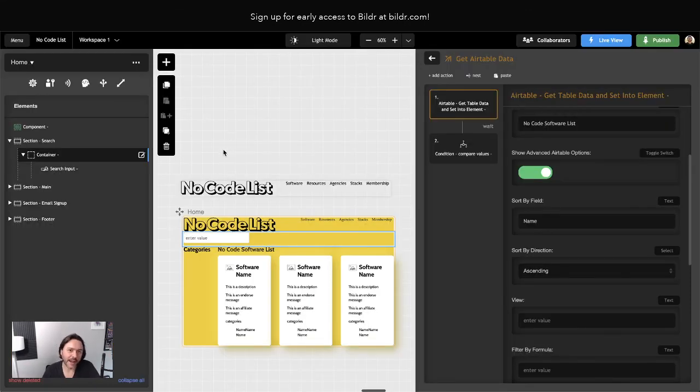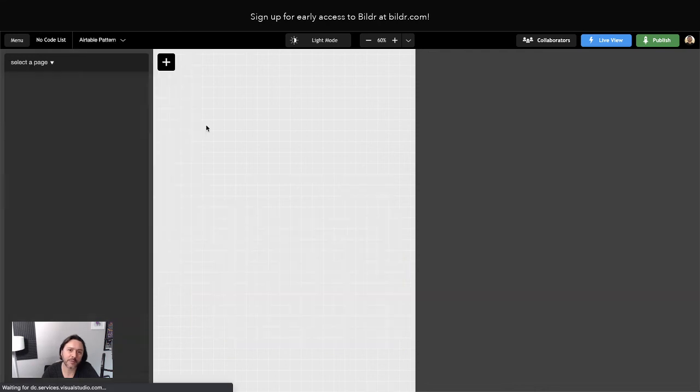And 3 hours total. I haven't touched 3 hours of explaining everything too. Like, I haven't touched this in between these live streams. So for me to sit down and do this might be an hour or less. Anyway, let's see. Categories. So if I go back to this Airtable pattern,